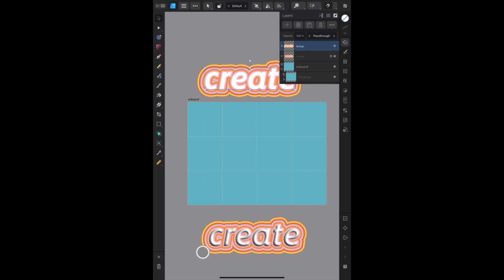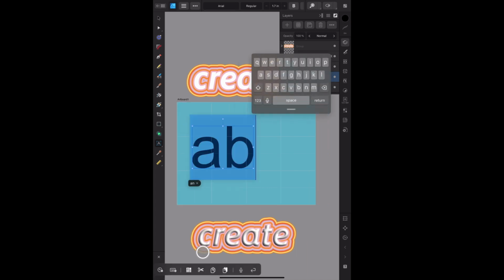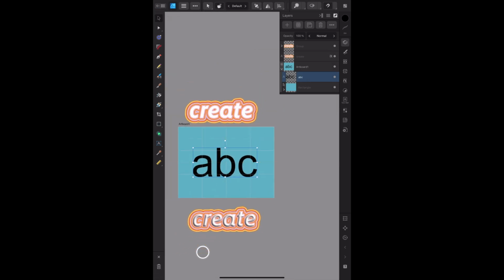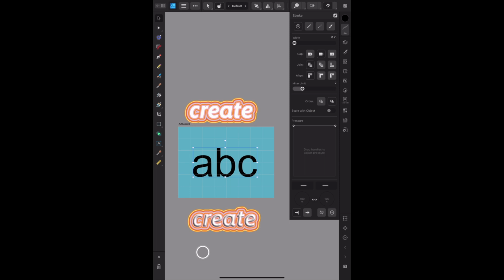So I'm just going to type out ABC to save time, and this will be the word that we work with. So here you see it all plain, and I want to add an outline to the layer. Now I can easily come to the top into the stroke panel, and I can add an outline, and that can be that. But what you see happen is that my outline